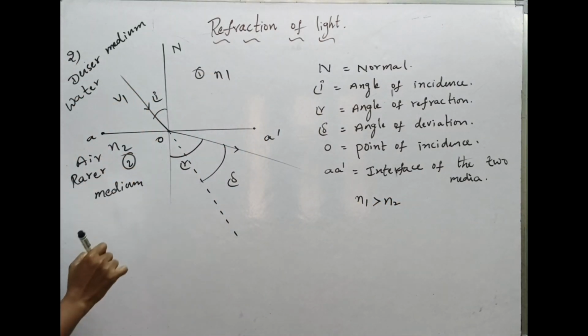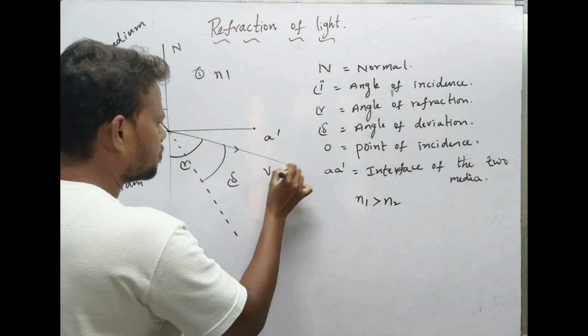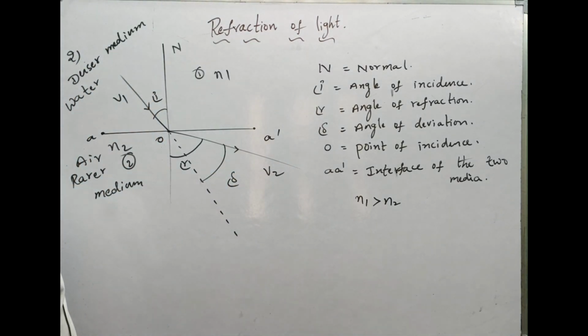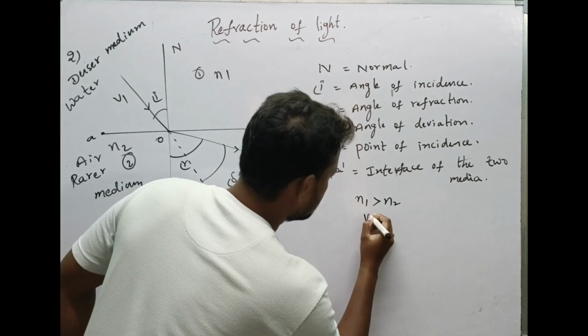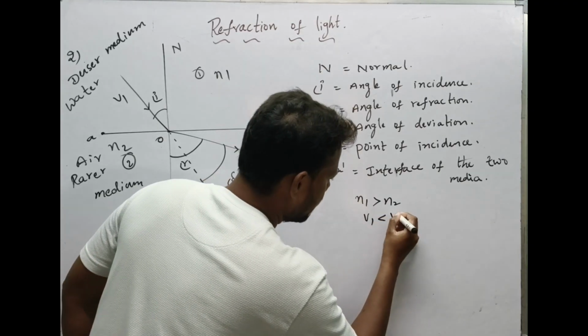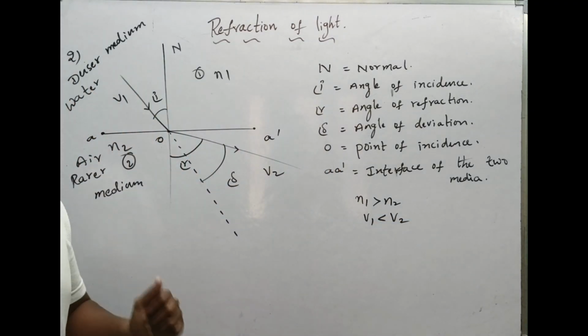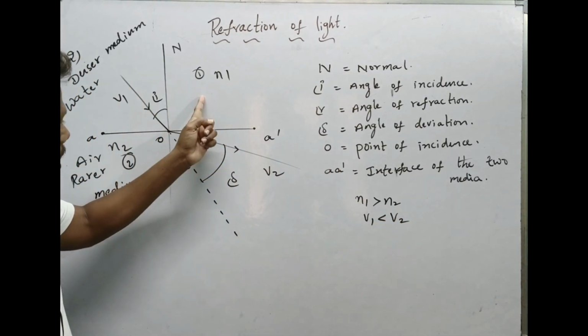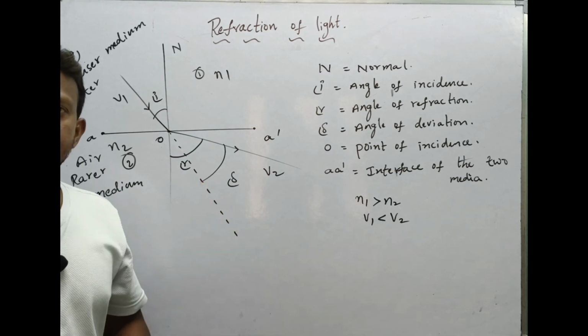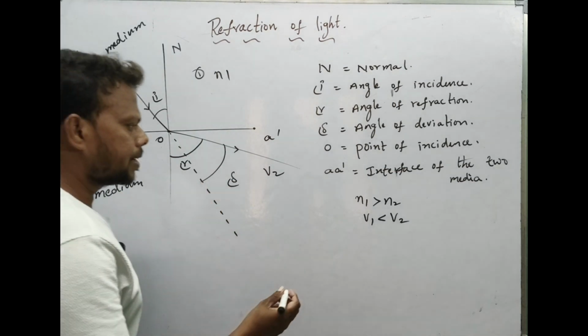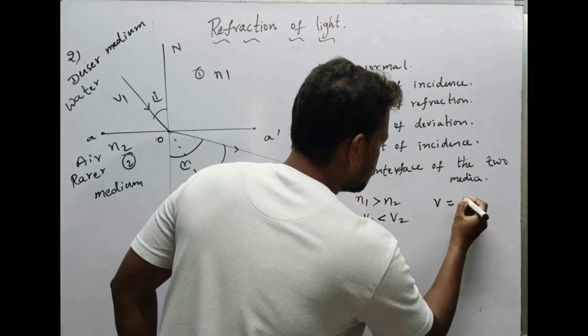Speed is V1 in denser medium. Rarer medium speed is V2. What is the relation between V1 and V2? We will write here V1 is less than V2. I mean, when the light ray enters from denser medium to rarer medium, the speed of the light increases. We have a relation V equal to F lambda,